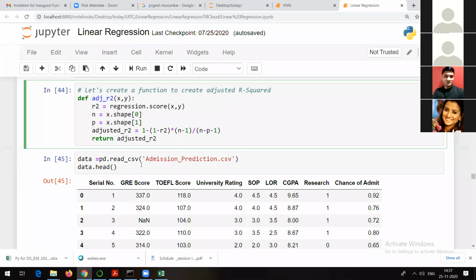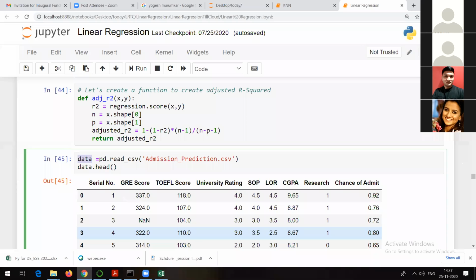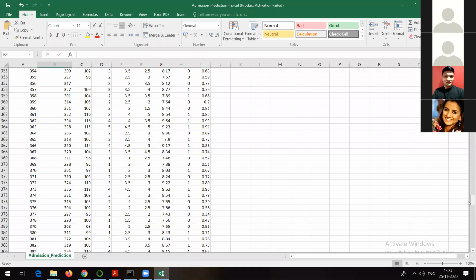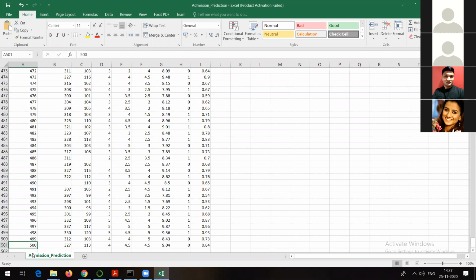We are just trying to get that file from my current location. That's why I did not give the complete path, because I am already in the directory where this file resides. That means whatever was there in this admission_prediction.csv file is now in this variable. If you look at this file, you can find that there are nearly 500 rows, observations or records.